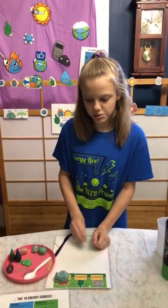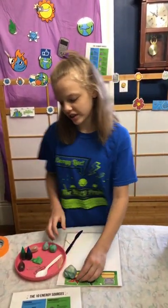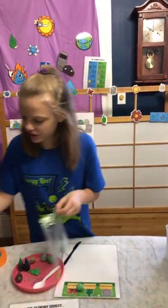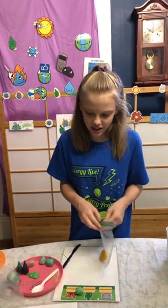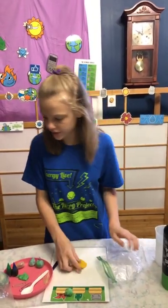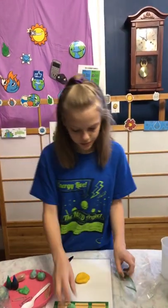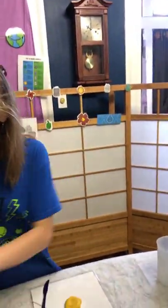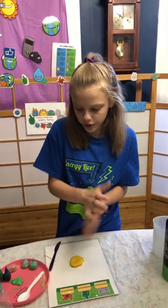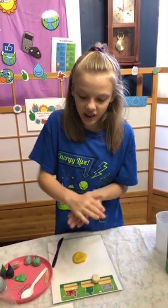And I think we should do the solar power next. Our solar sidekick is one of my favorites. Solar energy is energy from the sun. It comes down on rays to the earth. And now what we're going to do is roll a small circle for the center